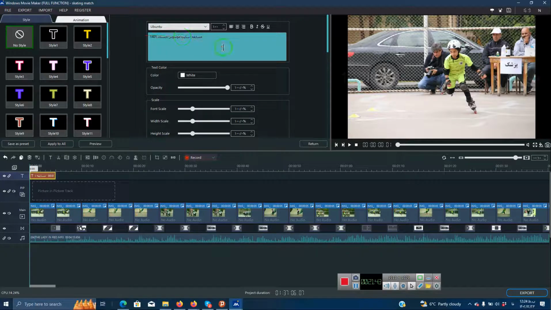And now I can change the color, maybe green. I can change the opacity and also the font size as well,